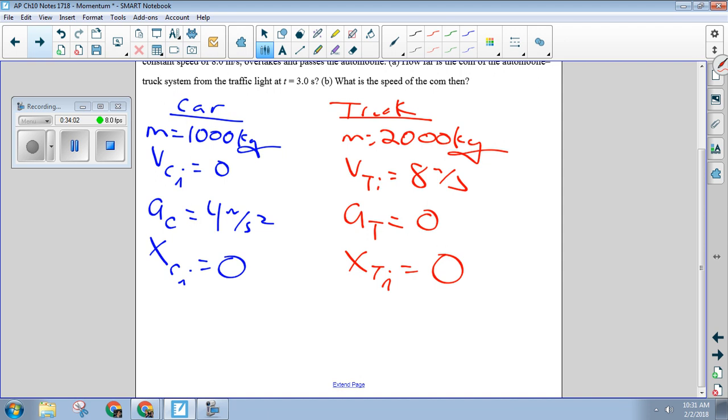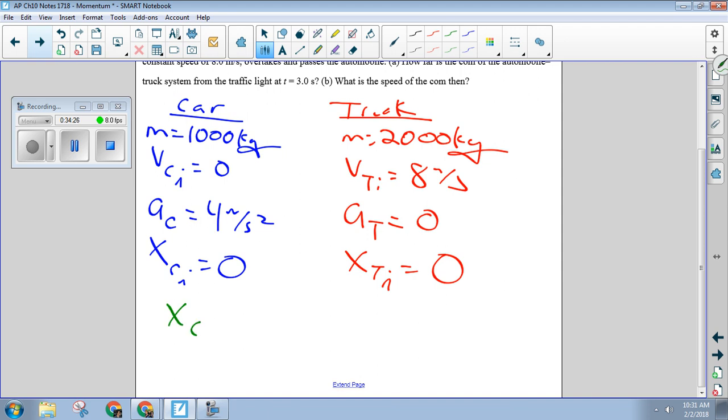Option 1, figure out how far the car moves, figure out how far the truck moves, and calculate your new center of mass. Which totally works. And to be 100% honest, if I wasn't trying to teach you guys a new thing, that is probably how I would do this. But instead, here's what we're going to do. We are going to calculate,